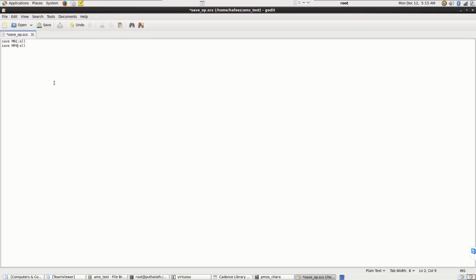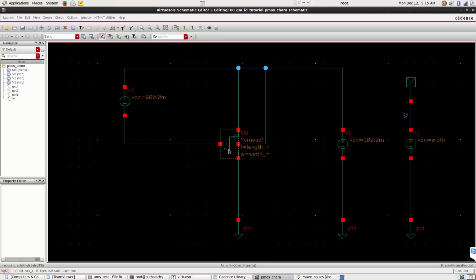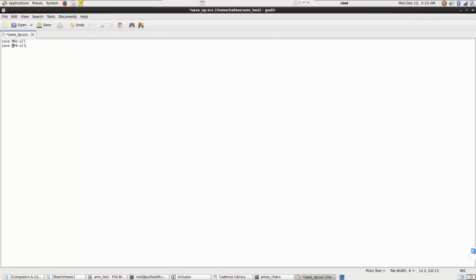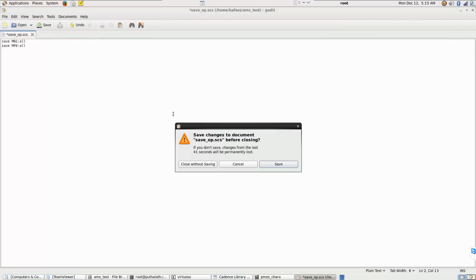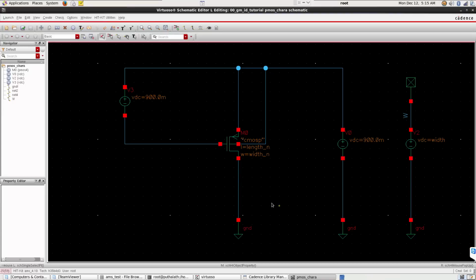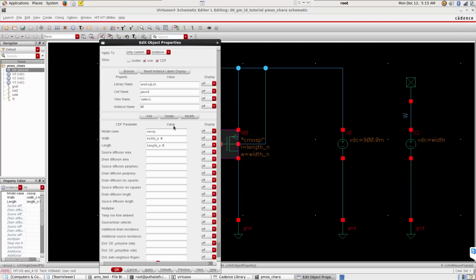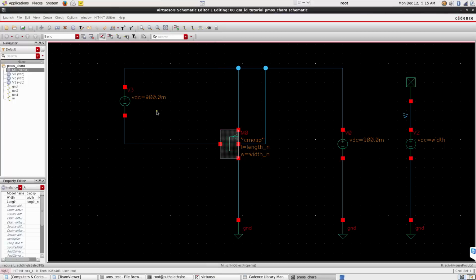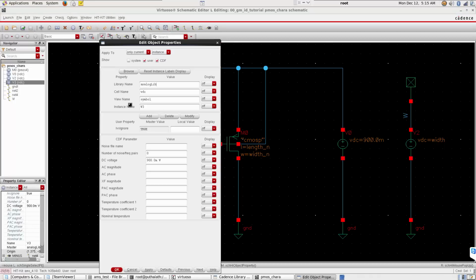So whatever the MOSFET name that you have here, you have to mention here. For our case, we are reusing. I want to reuse all the files, so I don't want to change anything. So I'm keeping this also as M0, and the only difference is, initially this was V1 earlier, but when I copied it became V3. So I'm lazy. I want to reuse it again, so I just named that also V1,